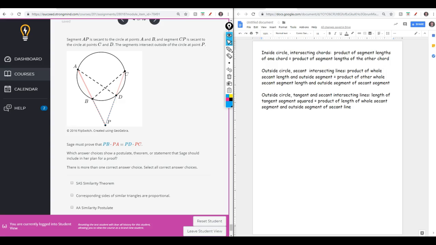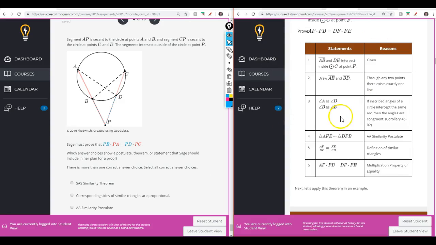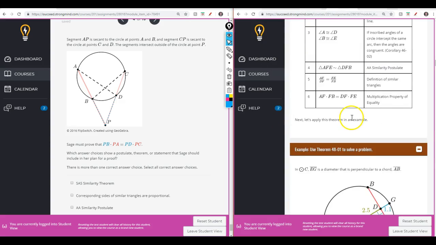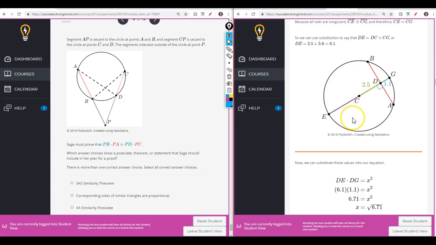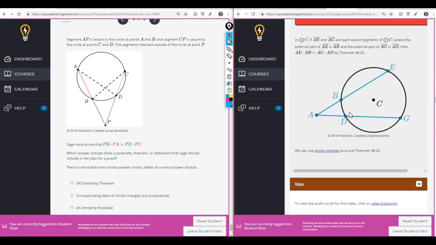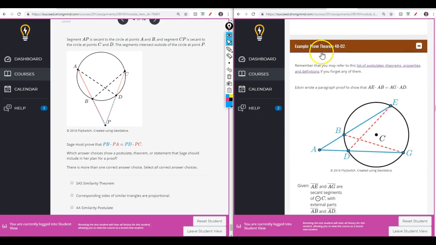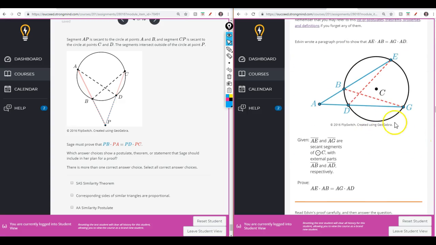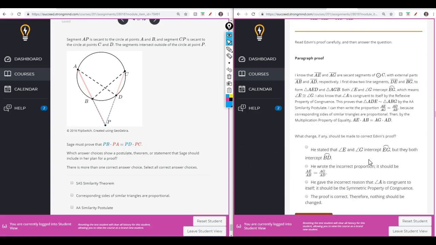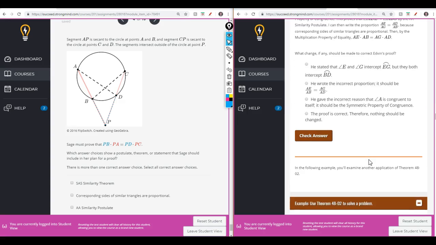So again, since this is a proof, I would duplicate it, pull it up on the split screen, and I would be scanning for a picture that looks very, very similar to this one. So this one, it says example, prove this theorem. And it is the same setup as ours, just different letters. So this is a paragraph proof,